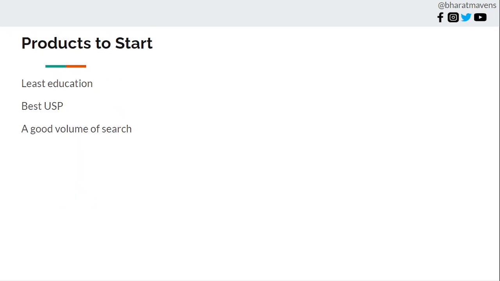Which products to start when advertising? The one which requires the least education, has the best USP and a good volume of research. Whatever products you want to advertise in Google Ads, these three criteria must be prioritized: least education, best USP, good volume of research. This way you have the maximum probability of selling the product, because if you end up educating the